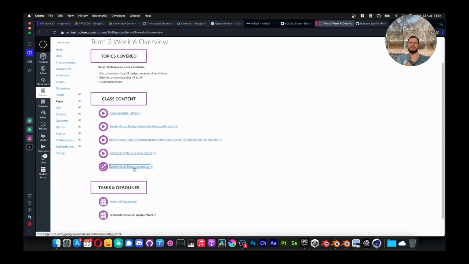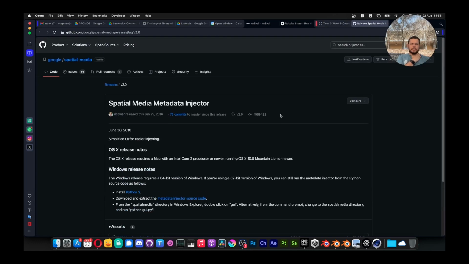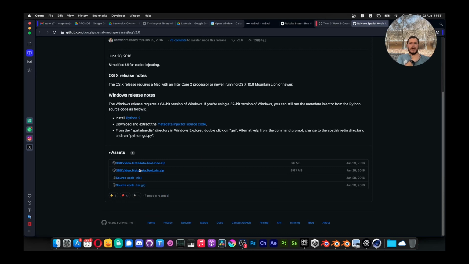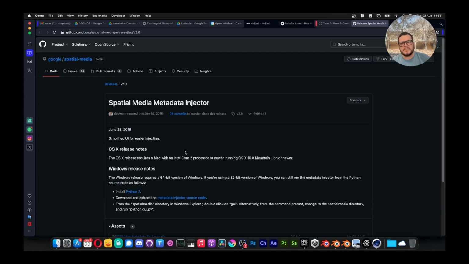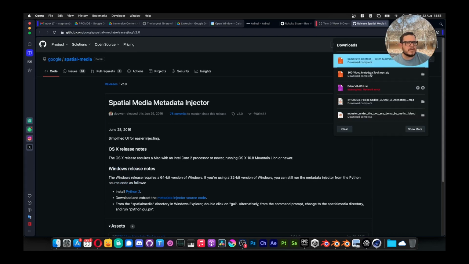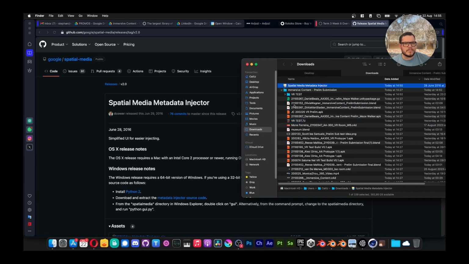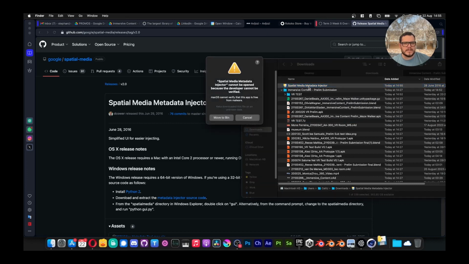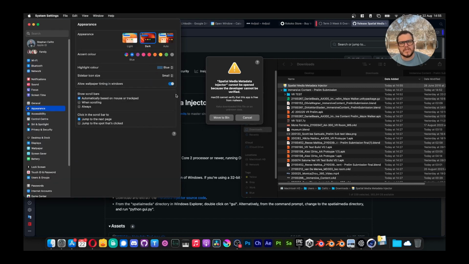There's a spatial media metadata injector. It's on GitHub, and there's two tools. It seems like the Windows version is slightly harder to manage because you have to install Python first, and then you can run the tool. And I did just download the Mac version, and it looks like it needs authentication. So you'll just need to go to your